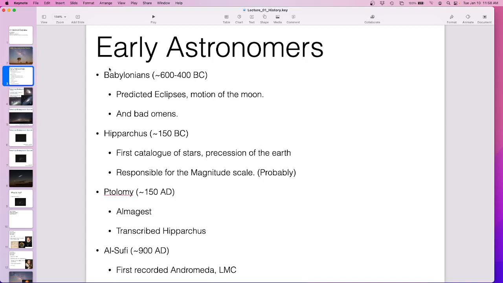How do we know it's a galaxy? Well, we'll talk about that in a minute. So what was the first object outside of our galaxy that you could see? Way back in the day, you could see the Milky Way pretty regularly because there wasn't so much light pollution anywhere. Andromeda? Yeah, Andromeda is I think the first extragalactic object that you can see.